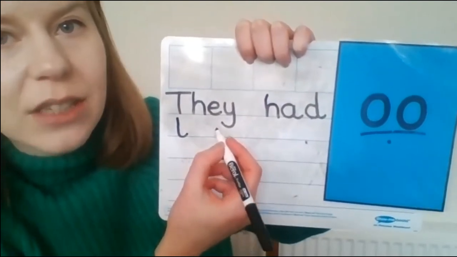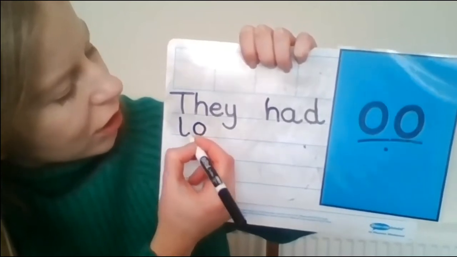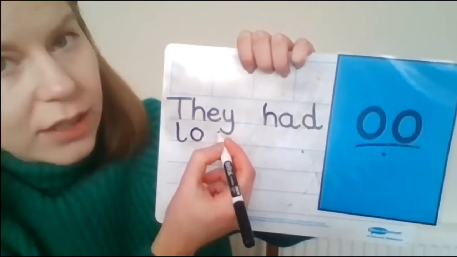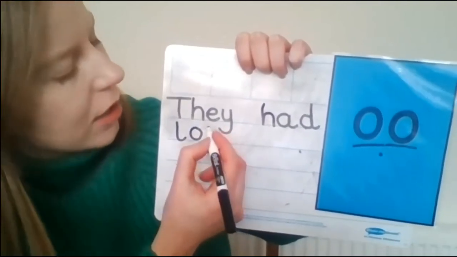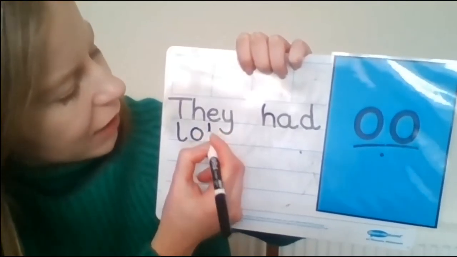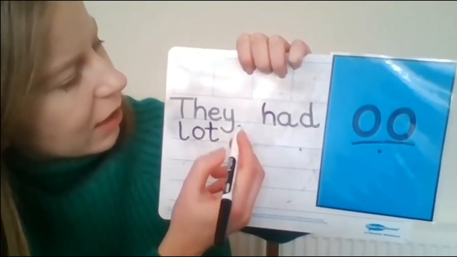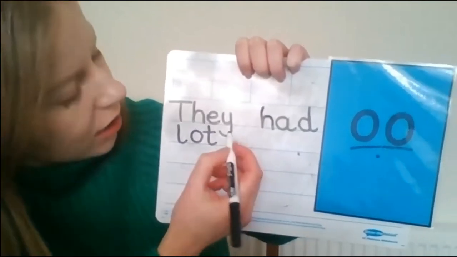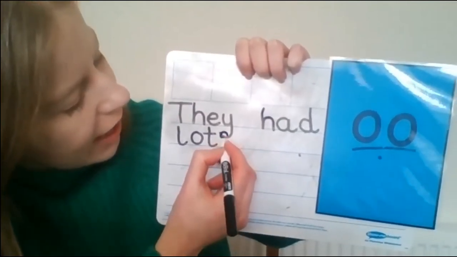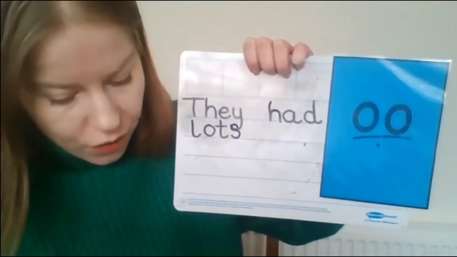Lots. What's the next sound in lots? Oh, round the orange. What's the next sound? Lot. Down the tower and across the tower. Lot. Oh, we're missing a sound here. They had lots. Let's slither down the snake. They had lots of